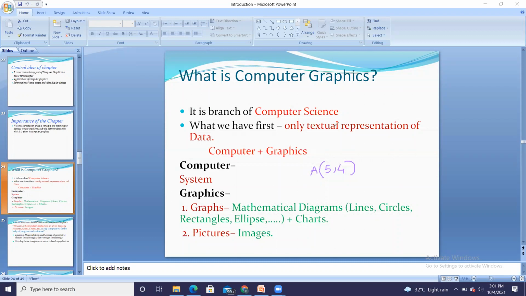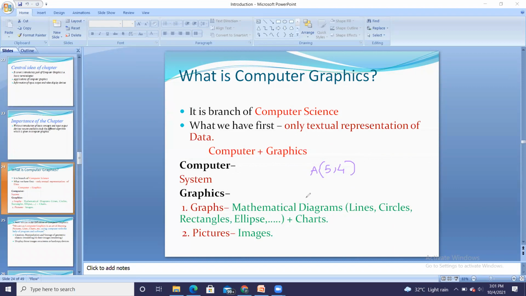So here, not only textual representation, we are going to have the graphical representation of the data. So what is the graphical representation? The graphical representation includes graphs and pictures. So here graphics means it includes graphs and pictures. Here we can have mathematical diagrams like line, circle, rectangle, ellipse and all, and we can have charts as well.